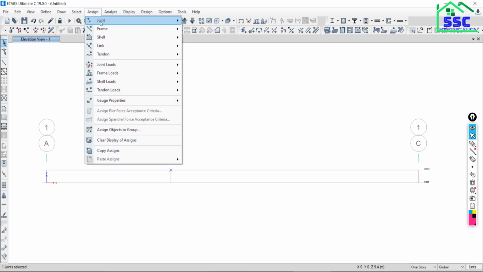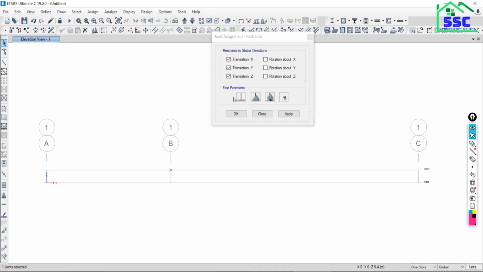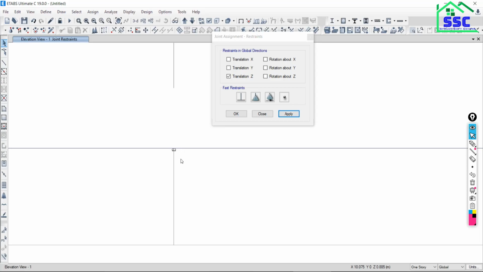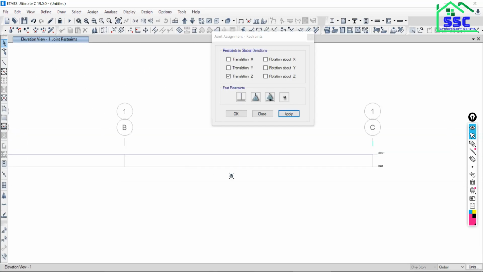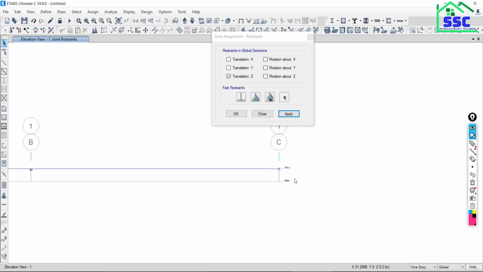Go to assign, go to joint, go to restraint, assign the roller support, and say apply. And go back, just drag from left to right and assign the hinge support, say apply. Is it clear? Yes, sir. Just close this.